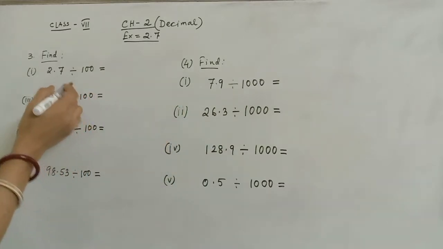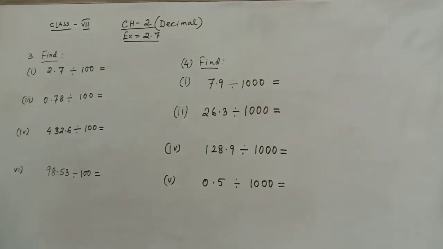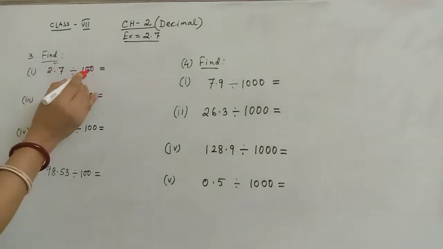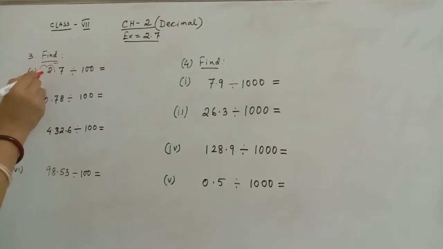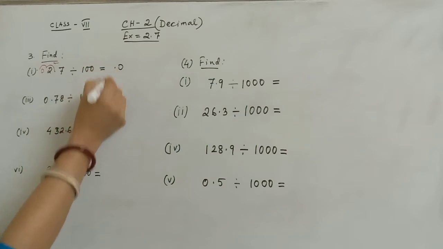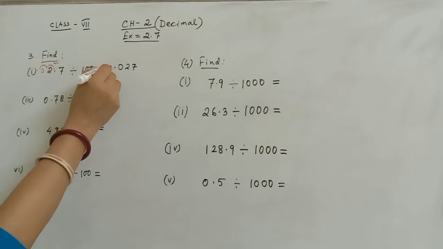When you are dividing any number, the number becomes smaller than the previous one. So when it is 2.7 and you are dividing by 100, the decimal point will move towards the left. How many places will it move? 1, 2. So it will move 2 places. Then the decimal point will come here, and this place you have to fill with a 0. So the result will be